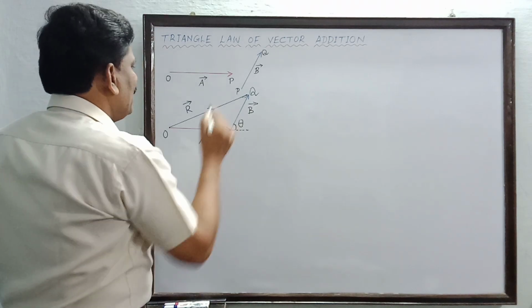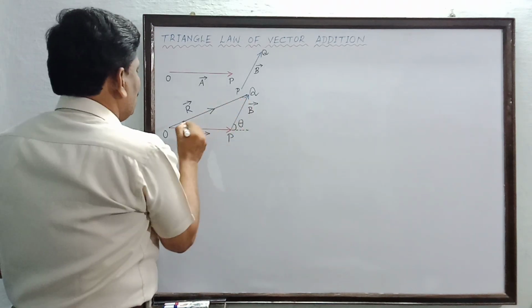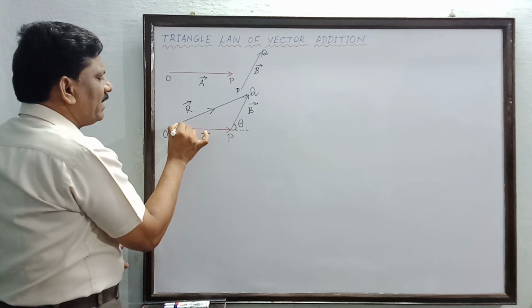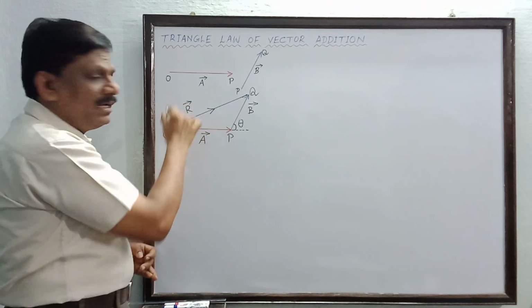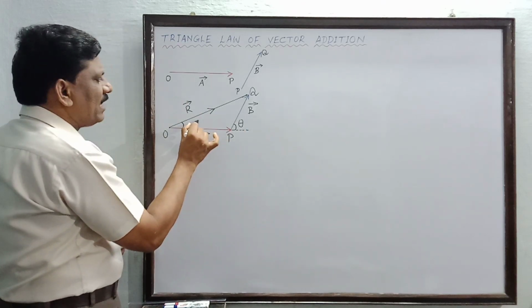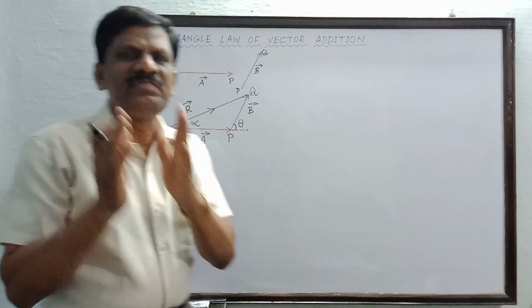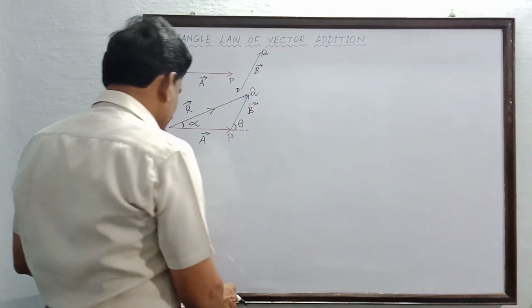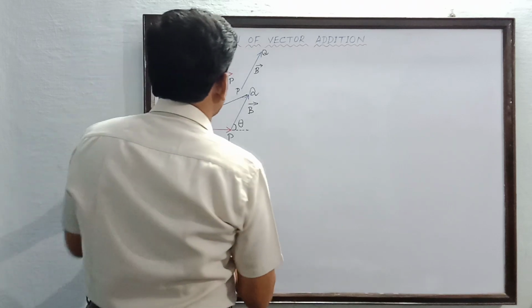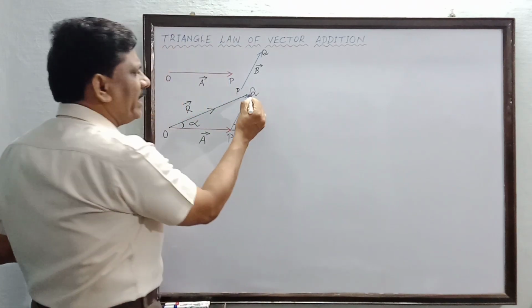So before that, I will take the angle made by the resultant vector R with the horizontal direction. This is alpha. The value of this angle alpha only gives you the direction of the resultant vector. Understand? Okay. Now the geometrical construction I am going to do is, I will project this point Q